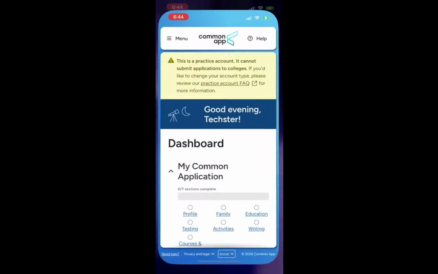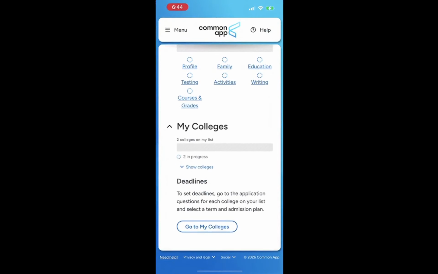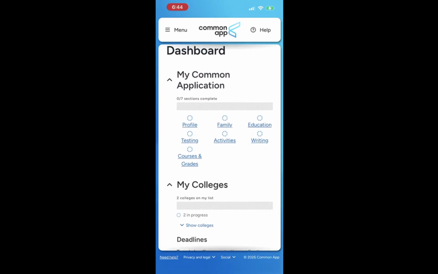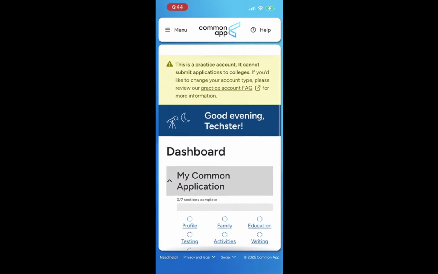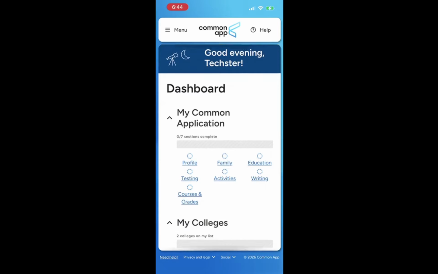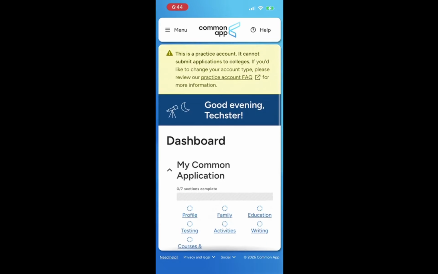On your screen, you will see the login fields where you enter your email and password. Make sure you input the correct credentials to avoid any hiccups. If you encounter any issues logging in, take a moment to double-check your information. This ensures that you enter the right email and password combination. Once logged in, you will be directed to the main dashboard where all your applications are listed.